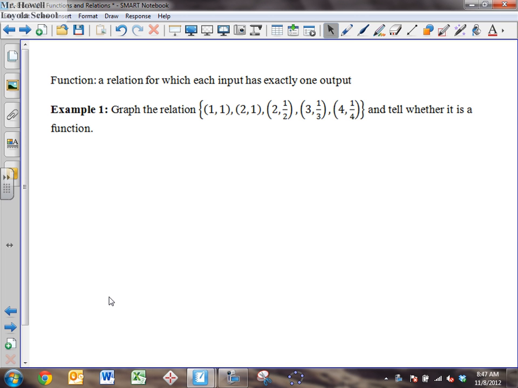Now, it's defined as a relation in the beginning because we don't know whether or not it's a function just yet. You might be able to tell right away, but what we're going to also do for this problem is determine whether or not it actually is a function. So if I were to graph something like this,